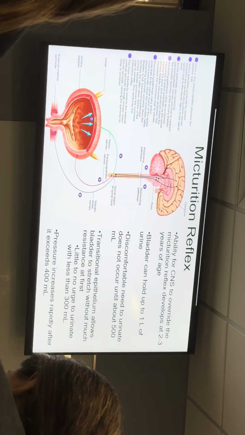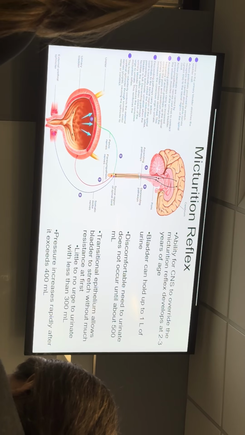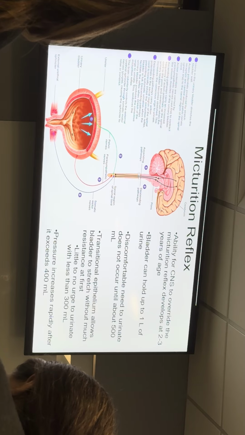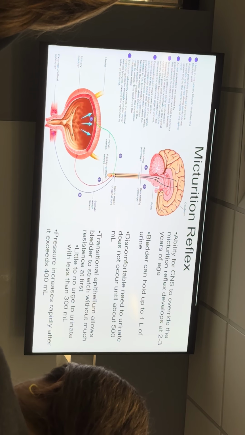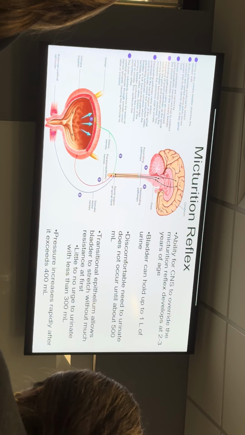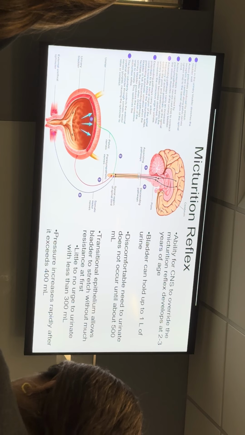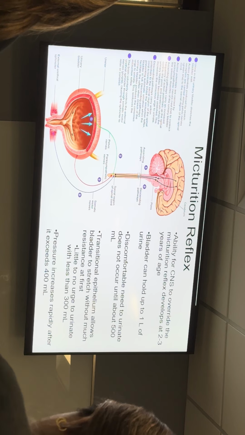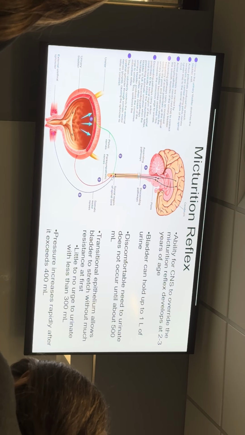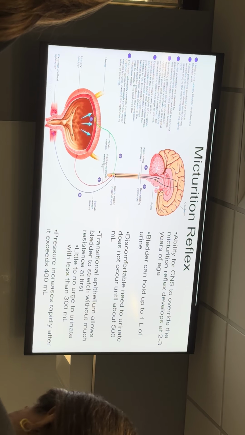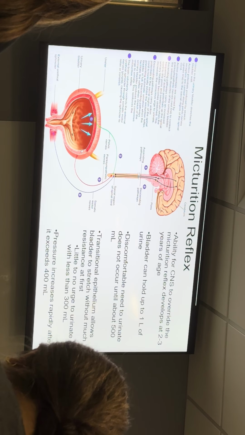Okay, so your urination reflex is called the micturition reflex, and just like the defecation reflex, it's going to be different before you turn 1 and after you turn 1. Before you turn 1, as soon as urine enters the bladder and stretches it out enough, you'll get stretch signals. Those stretch signals send information to the lumbar portion of your spinal cord. That will activate your parasympathetic nervous system to do two things: relax your external urethral sphincter and constrict your detrusor muscle, and then you pee automatically.